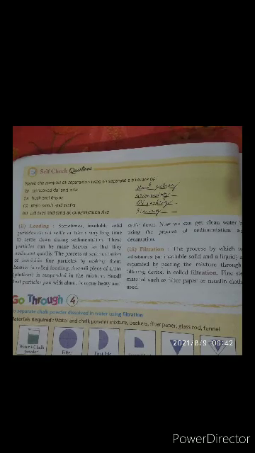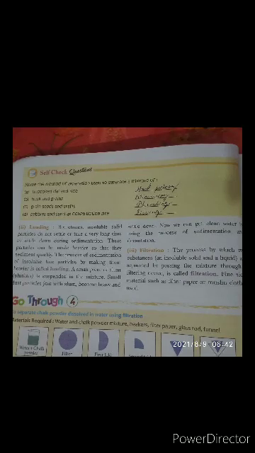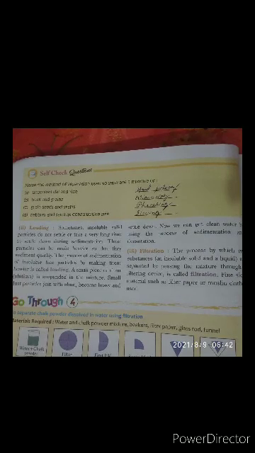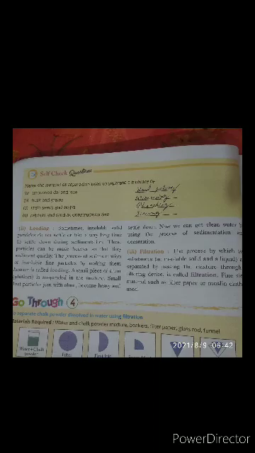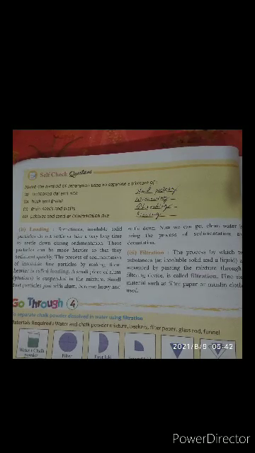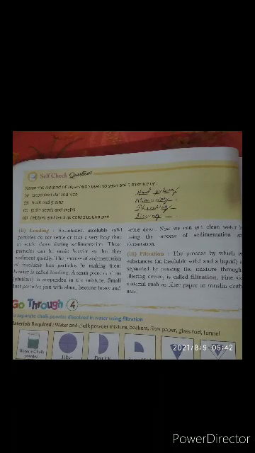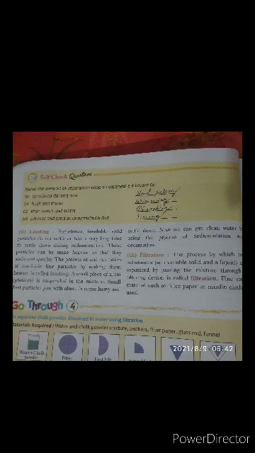What do you mean by sedimentation and what is decantation? In the previous class we learned sedimentation means the dust particles settle down. That is sedimentation, and removing the clear water is decantation. You can check it. If you get one piece of fitkari, there is no need for other liquids.